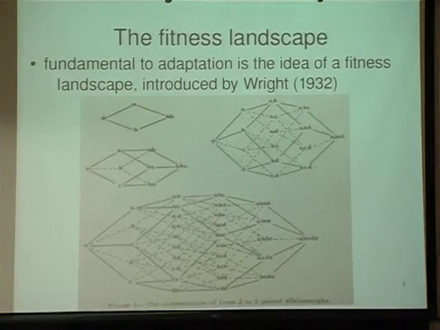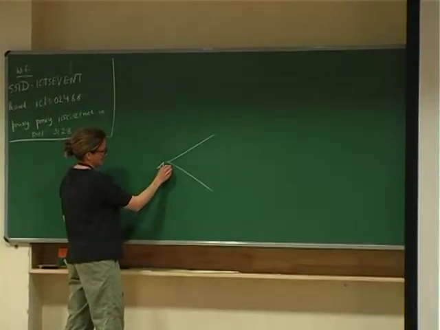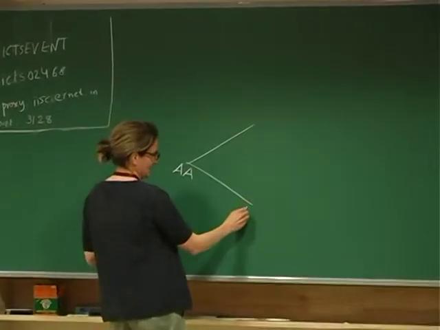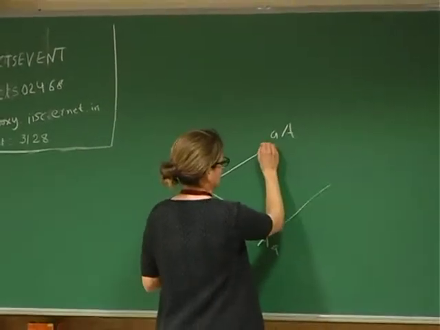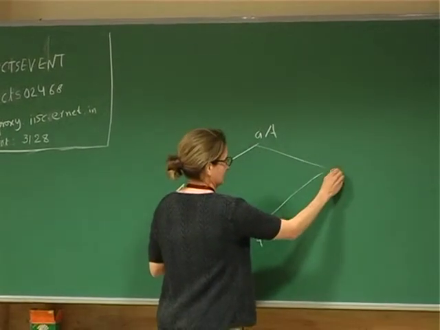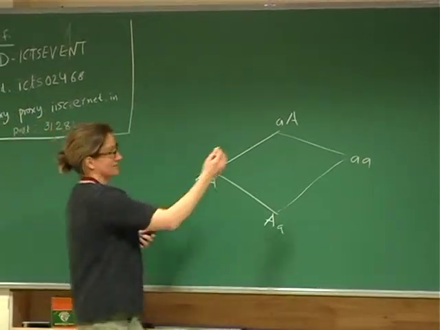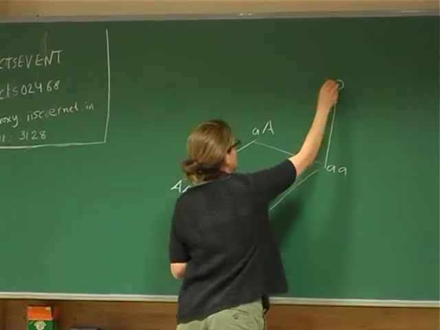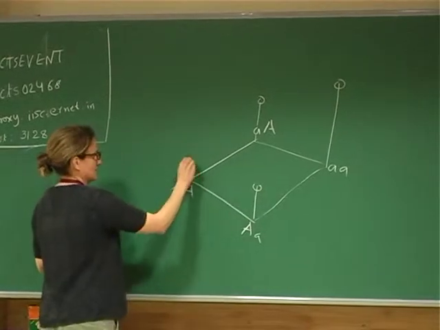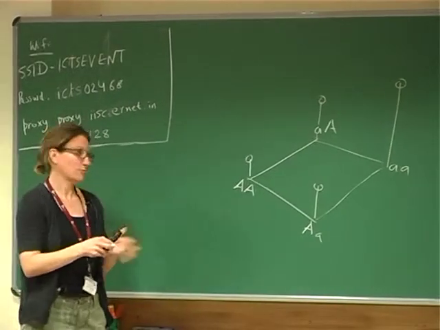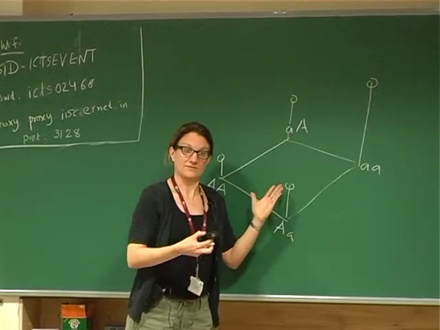You might think of points where this is genotype big A, big A, big A, little a. Over here we might have little a, little a. And then vertically, I'm going to draw their fitness. So this, for instance, might be the most fit. And these are somewhat intermediate. Maybe this is the least fit allele. So wherever we are in this landscape, there's a fitness associated with the genotype. That's the fitness landscape, right?